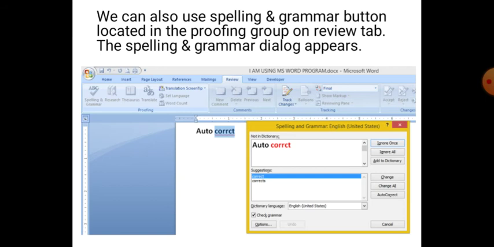If you want to change the word with the suggested word, we will select the word and simply click on the change button. The incorrect spelling will be replaced with the correct spelling. So with the help of the spelling and grammar dialog box, we can also correct our spelling and grammatical mistakes.